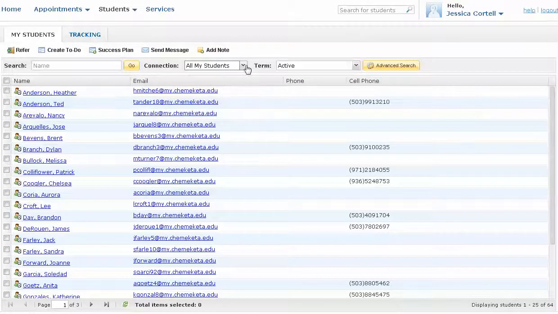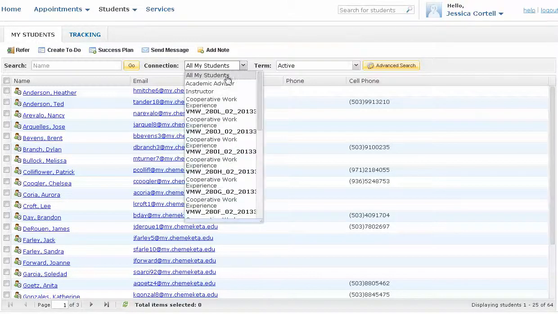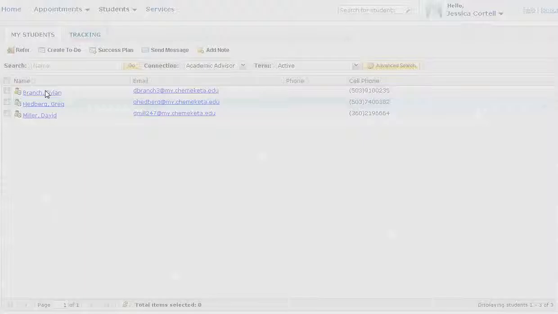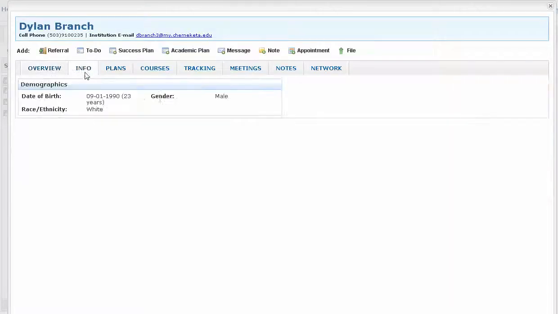Looking at your student list, if you look at all your students, you see quite an extensive list, 3 pages here. These are all the people that you have contact with this term. Academic advisor narrows it down to the 3 that you're actually going to be working with for academic advising. Clicking on any one of those students will give you information about the student. There'll be placement scores here eventually. We're working with IT to fix those.